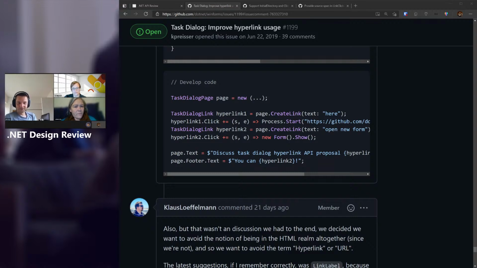So I agree with that. It is a bit weird, but I'm not sure the end result now is more WinFormsy, because you basically now have to understand that you are supposed to put this thing somewhere in text anyway. You're just shifting a little bit. If you look at the code, you're still expected to put the hyperlink somewhere in that original text. That's the fundamental problem here, because you're dealing with markup.